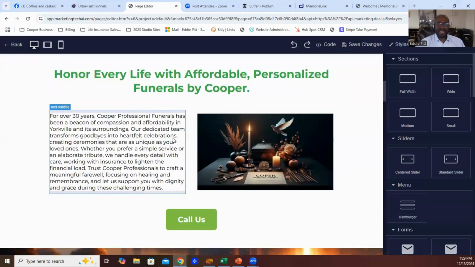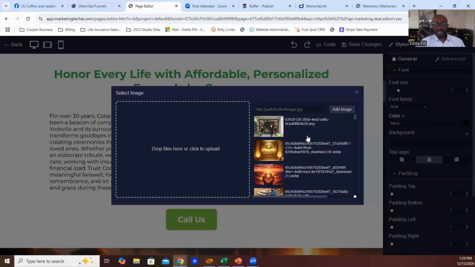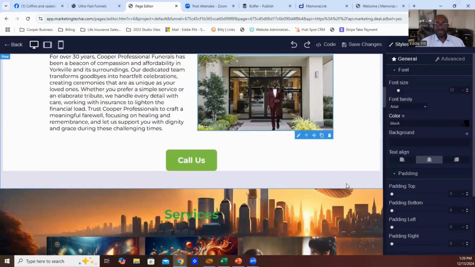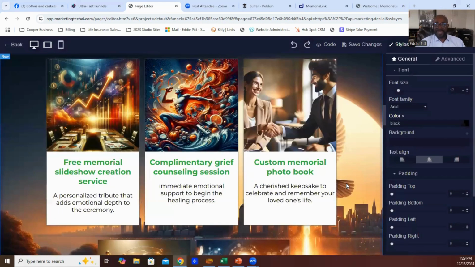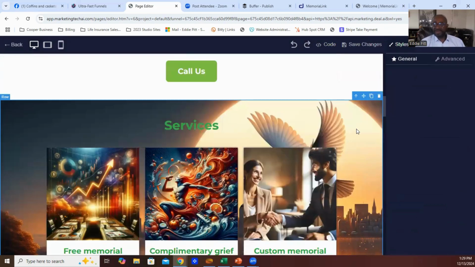But let's take a look here. So we have a picture here, and this is talking about Cooper. So this particular picture, I want to change this picture. So let me use this one. So now they have this picture of Cooper, the background there. I maybe want another background. Let's see what I can put back there.